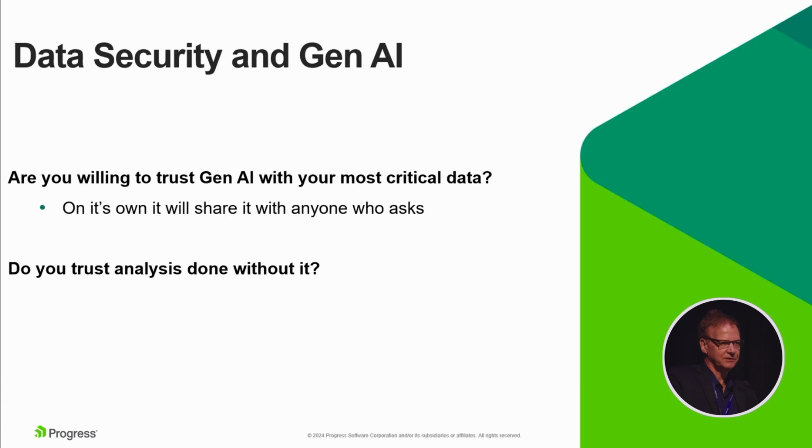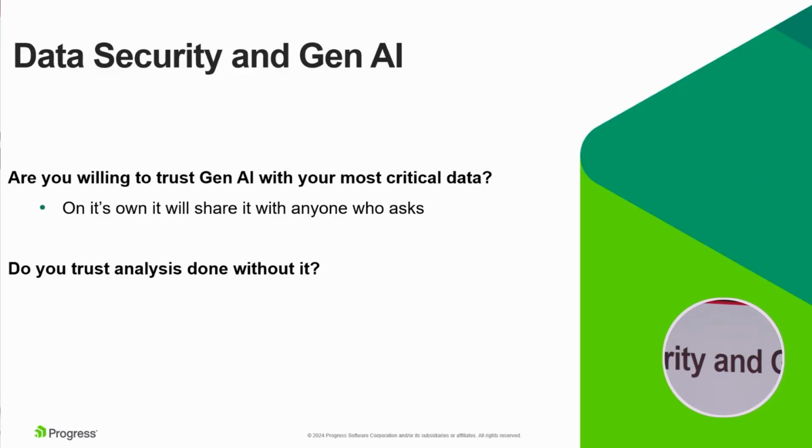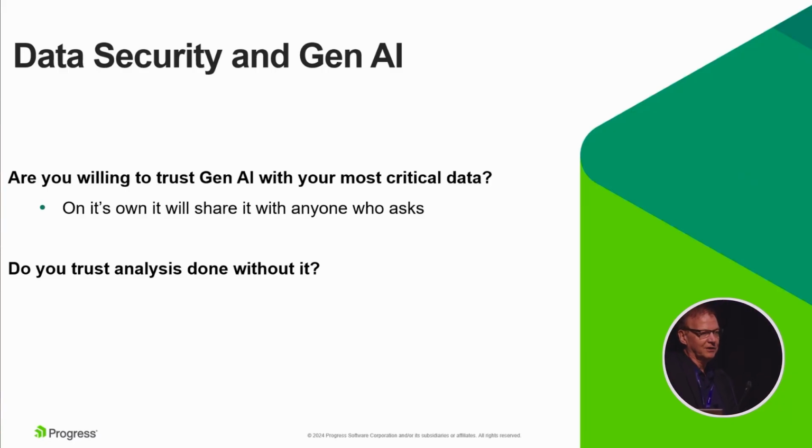So vector databases are the most common way to implement GenAI. Vector databases have no clue. They work the same way the LLMs do. You feed it, they store stuff. They don't know where the data came from. They don't know who has access to it. And so if you've spent $2 billion doing research, are you going to feed that into an LLM so that when your competitors come and ask what these guys did in research, it gives detailed results of everything you've ever done, and $2 billion of your R&D is given to them as a free gift? Probably not.